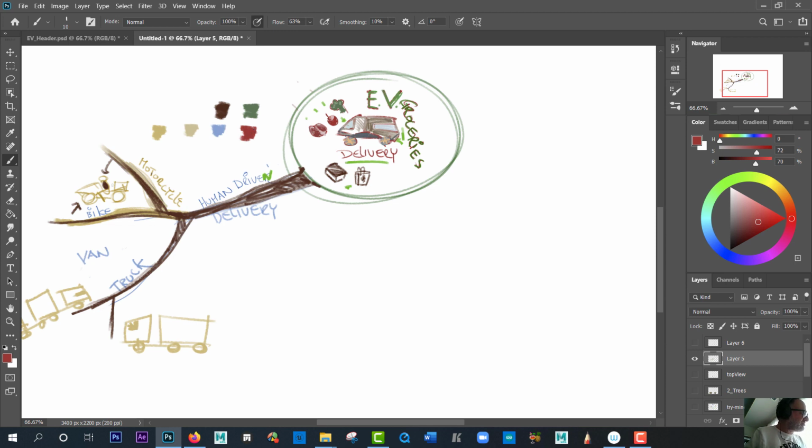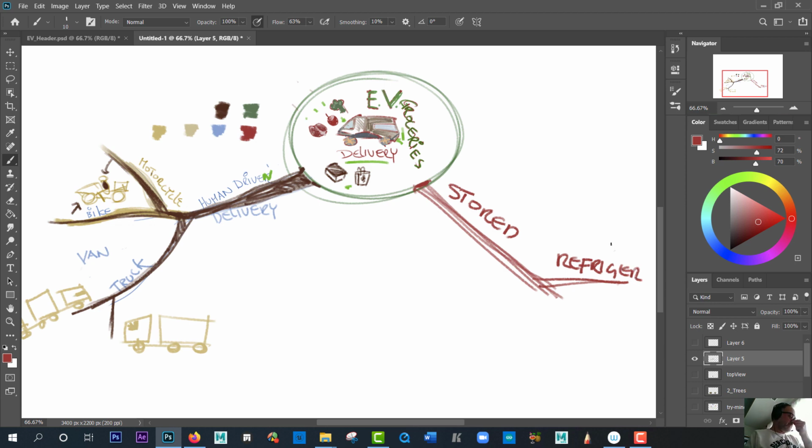I honestly think Sketchbook is a lot easier for me to use than, I don't know, when there's all this lag. So right now I'm just going to go, what are we going to say for this one? So we're thinking out loud right now, and we'll say, is it stored? Okay, how is it stored? Or this is how it's delivered. But let's see, what if it is stored refrigerated? Okay, so I'm going to go refrigerated. Some of these trucks need to be refrigerated and so forth, and that's one aspect.